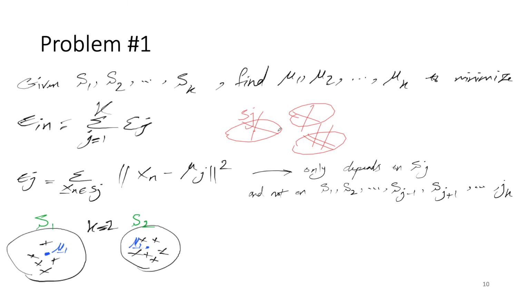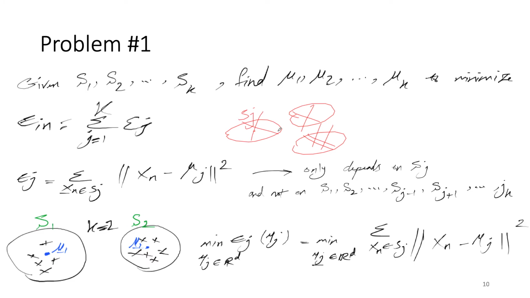So now, as an example, if k was 2, you add these 2 clusters. So it's as if you want to minimize the Ej of mu j for all the mu j's in 3-dimensional space of R, and you want to have this summation